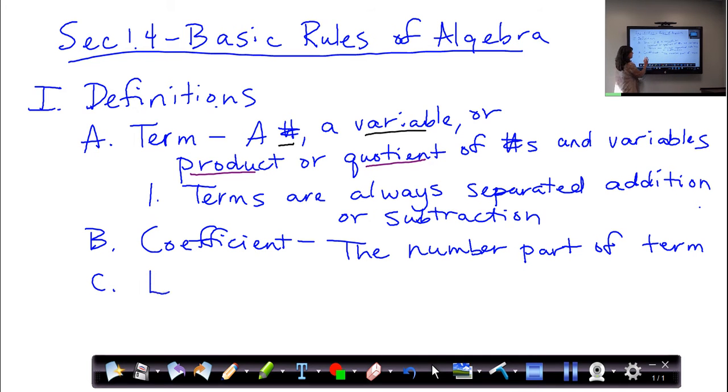And then our last definition is going to be the idea of like terms. We keep talking about terms. Well, you can have some that are alike. Like terms contain the same variables,